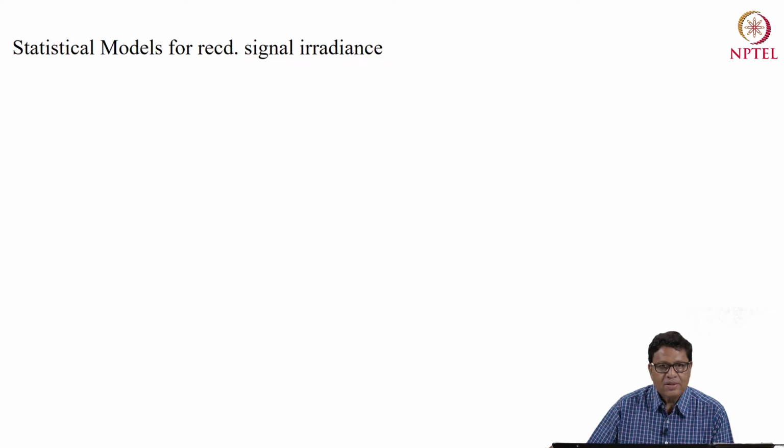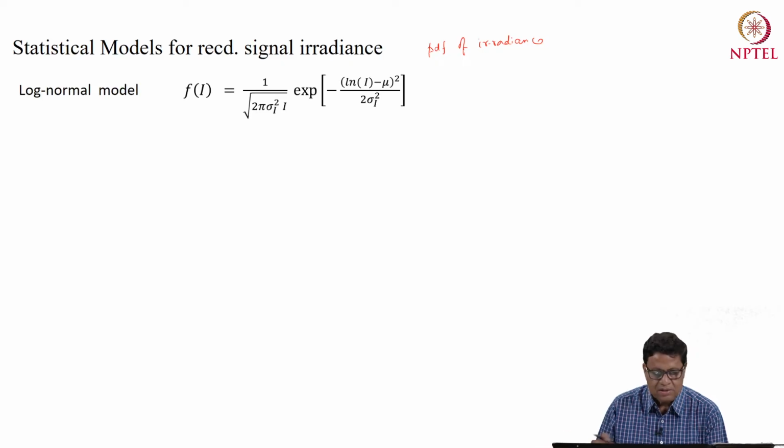So now let us go to some of the statistical models for received signal irradiance. There are some well-known models which tell about the PDF of the irradiance, which is the received irradiance at the receiver. So one of the